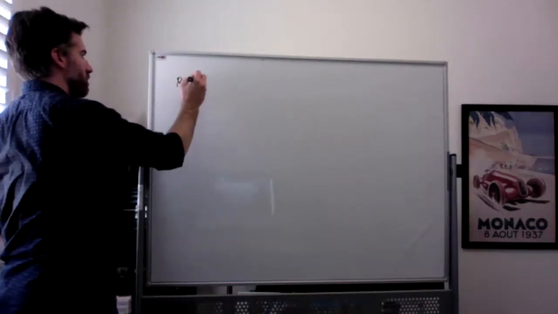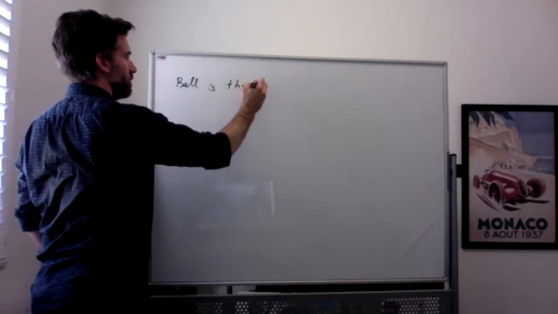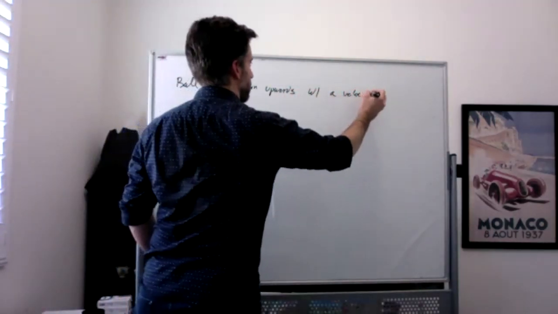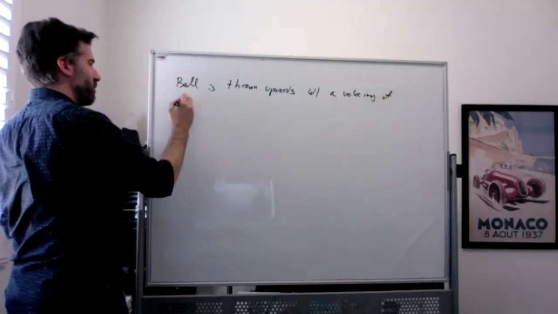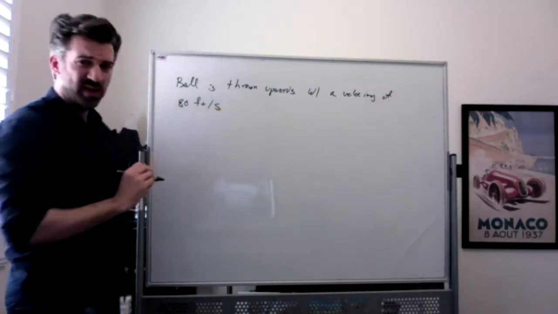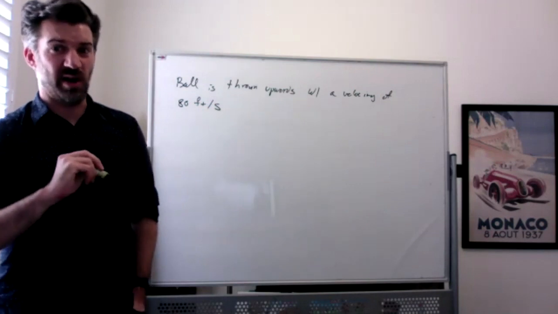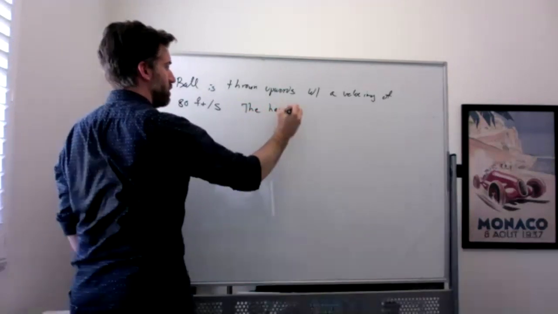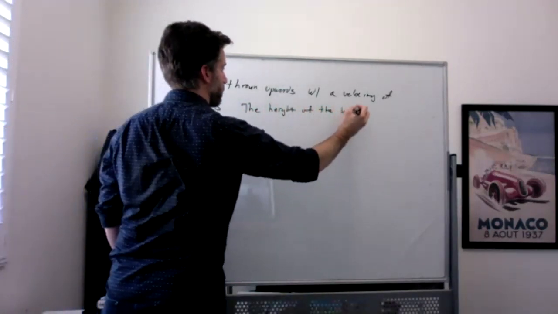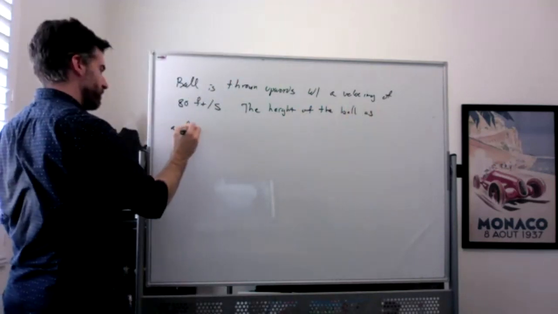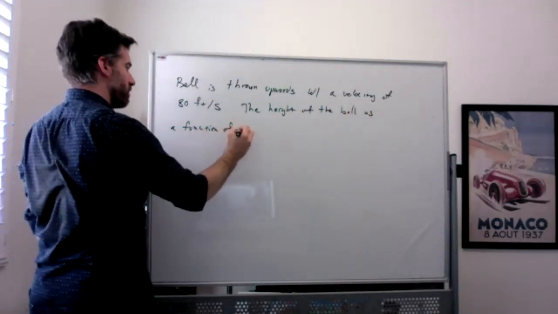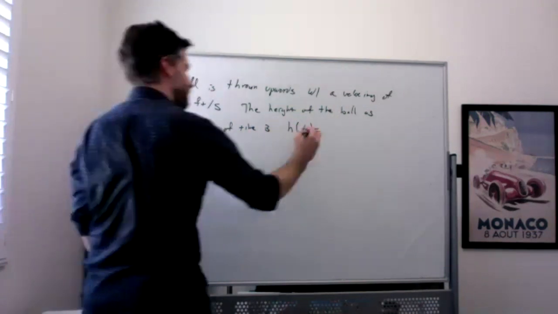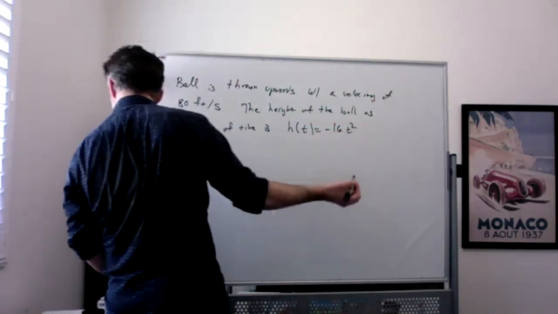A ball is thrown upwards with a velocity of 80 feet per second, which is pretty fast because 88 feet per second is 60 miles per hour. It's kind of nice to know. The height of the ball as a function of time is given by h of t equal to negative 16t squared plus 80t